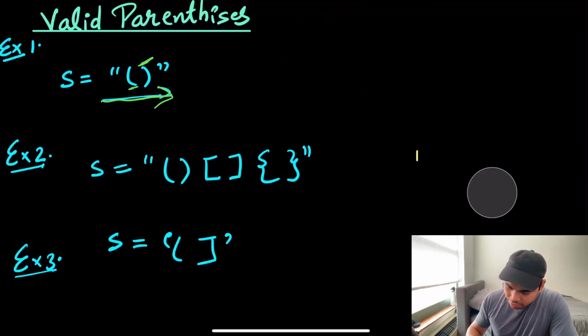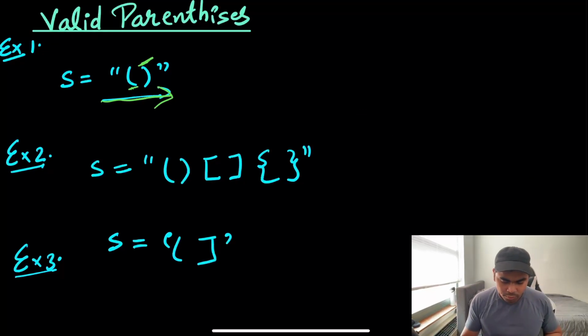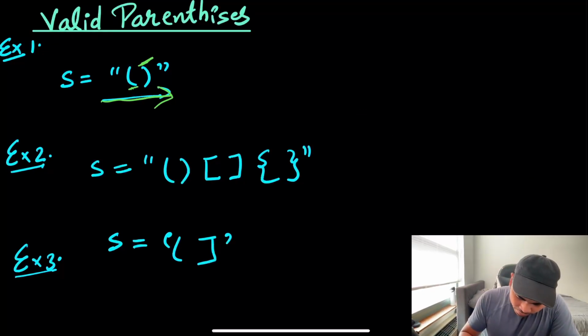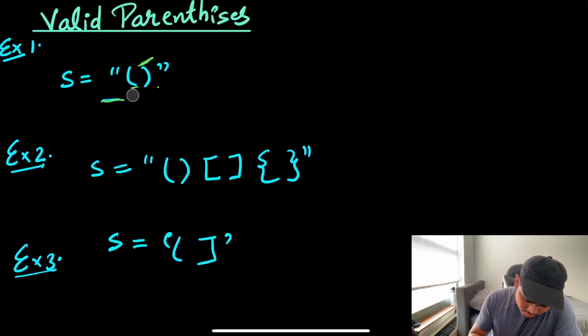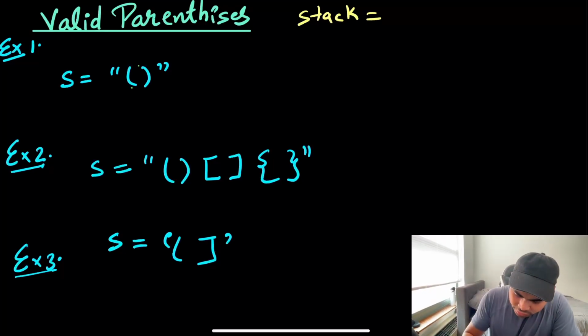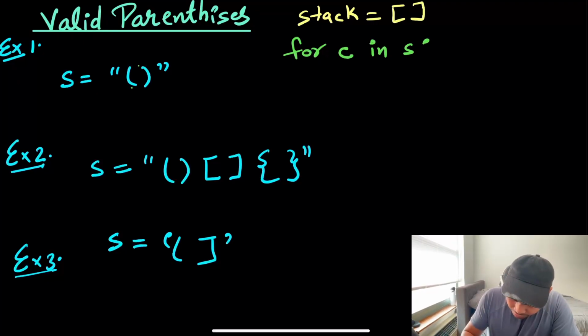So I'll just get over this thing, remove this, and write our algorithm. We will basically go over our characters. I'm going to write the pseudocode here, now that we have already understood what we will be doing, and then we will run over one problem. So I'll have a stack that is going to be empty right now. Then for character C in my S, if